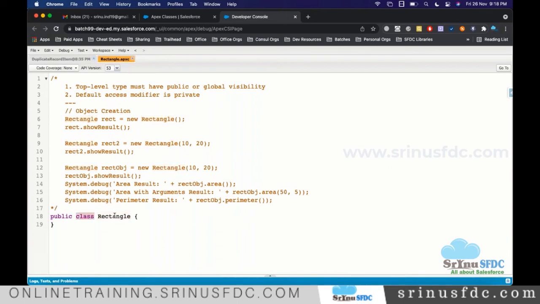We have to mention class, right? So car means class here. What is the car name? Honda City is the car name, and here we are calling it rectangle.